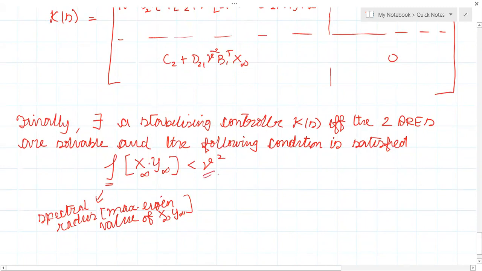If that is less than gamma, where will you get gamma from? The initial value that we chose. So if this is satisfied, what will we do? You will lower the gamma value and repeat the steps. So we'll proceed up to the least possible gamma value until this condition is satisfied. If you remember, we did one example by solving the Hamiltonian in the last to last class. How did we solve for the gamma value, the H-infinity norm? Same procedure.